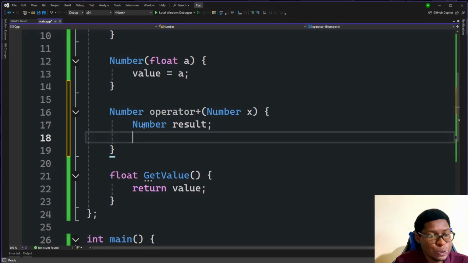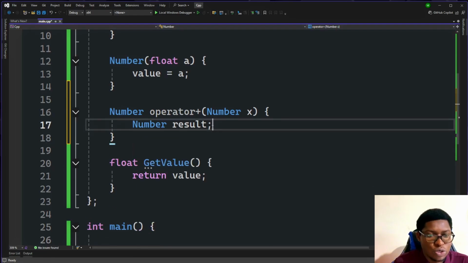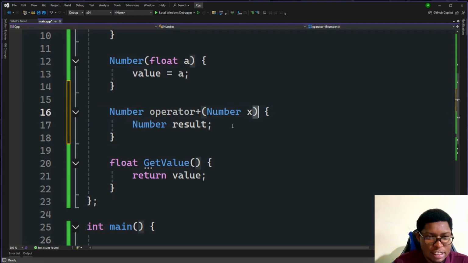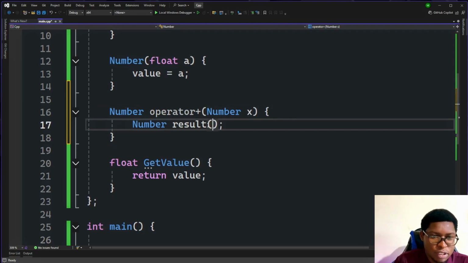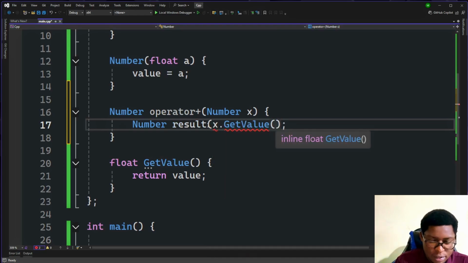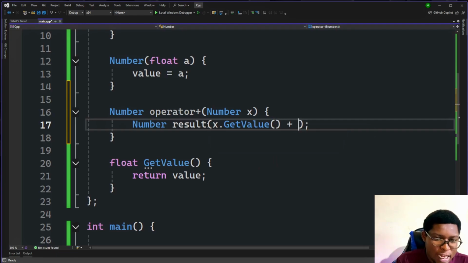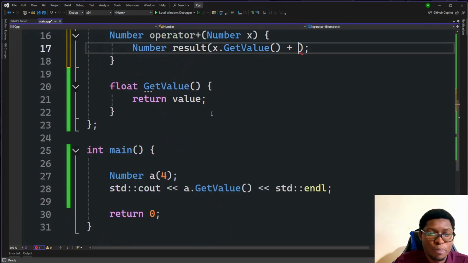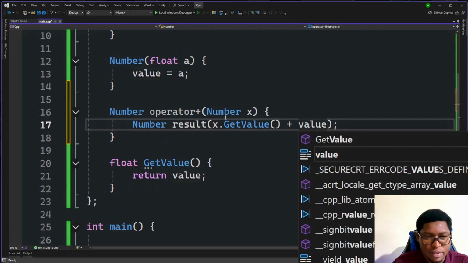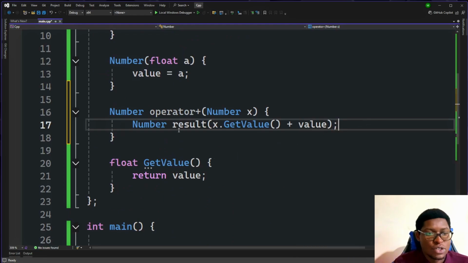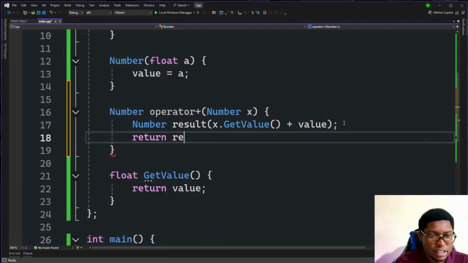And then what we'll do is, you want to assign the value of result as the same value as x. So since we can just construct it directly, x plus x dot get value plus now the value of our operator, which is still value, since you're already in the class. And then we'll return result,